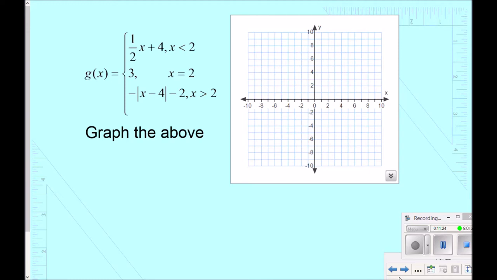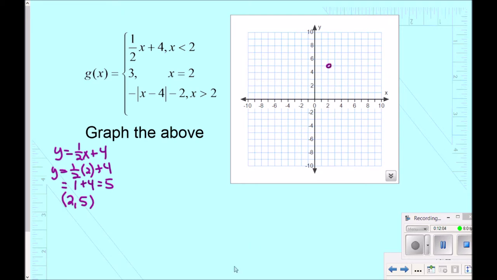So this time, we're going to graph this function g of x. So I'll start with the first equation, y equals 1/2 x plus 4. So I'm going to input 2 in for x. When I do that, I'm getting 2 times 1/2 is 1, 1 plus 4 is 5. So my coordinate point is 2, 5. And I'm looking at this symbol, it should be an open point because it doesn't say equals 2. So 2, 5,